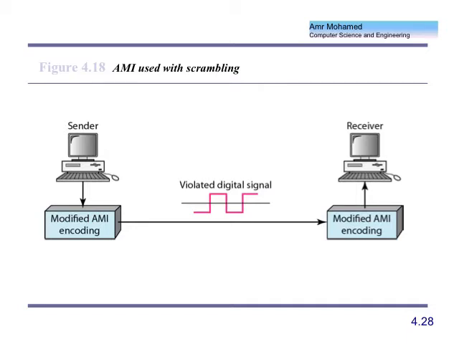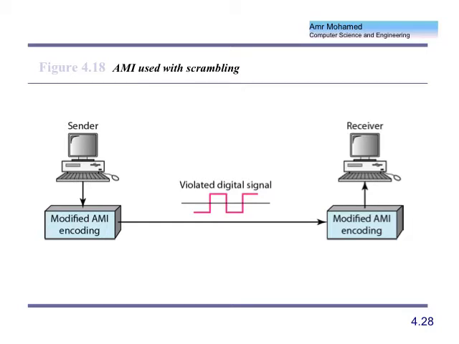Because guess what? Here I'm not encoding. I'm not replacing every 4 bits with 5 bits. No, I'm just replacing consecutive zeros with some signal levels. So I'm not coding before that. I'm just taking the consecutive zeros and then I replace them with different voltage levels. But when I replace them with different voltage levels, this might confuse the receiver, right? Because the receiver might interpret these signal levels as different bits, and then it gets confused and decodes the data bits in a wrong way.